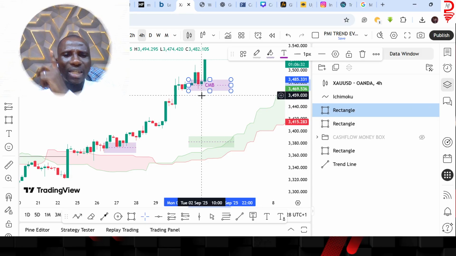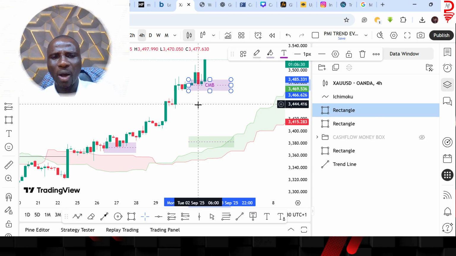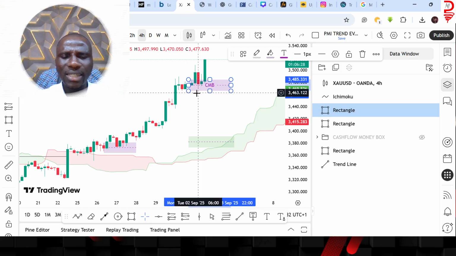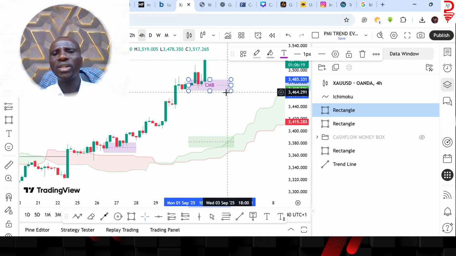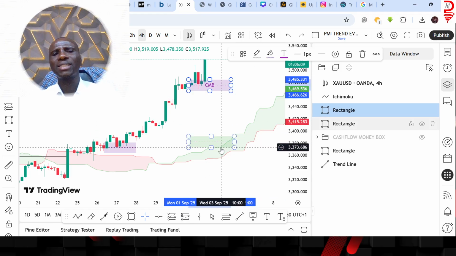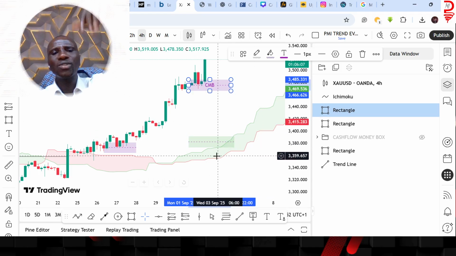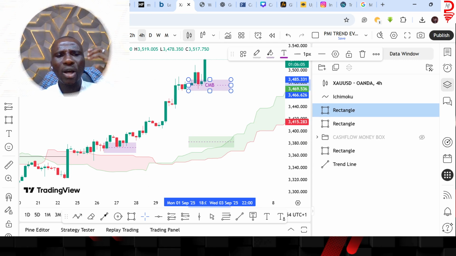The one I was talking about is on GBP JPY. So I saw this today, and this is our cash flow money box. Like I used to say, for the cash flow money box framework, your entry time frame is the 1 hour. So immediately the market price enters the cash flow money box, you have to go to your